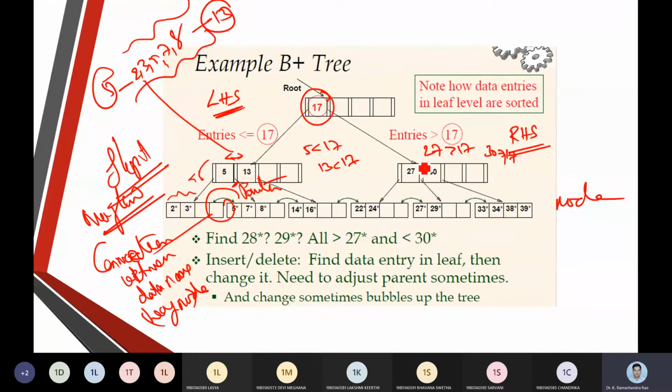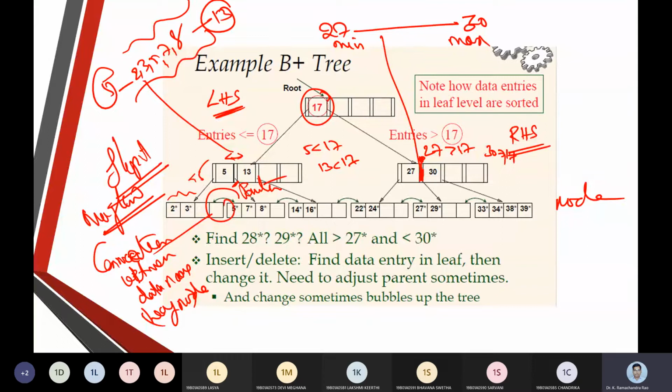Similarly, I can show you here the items between 27 and the items between 30. So this is the minimum range and maximum range of items you are going to have.